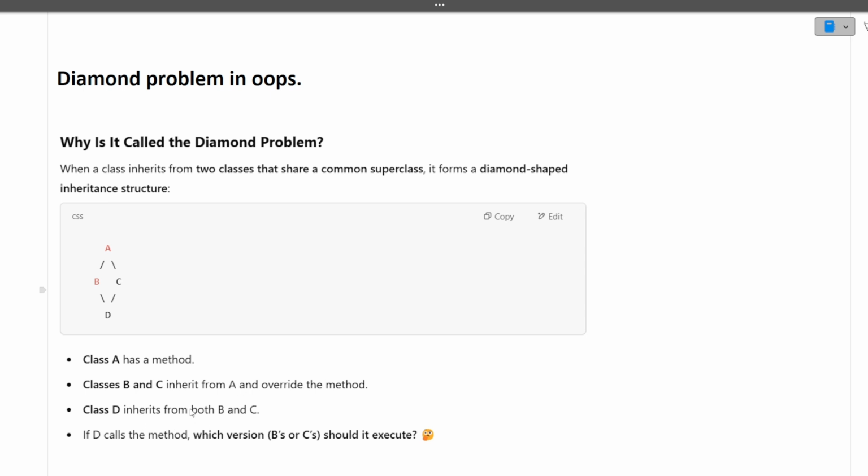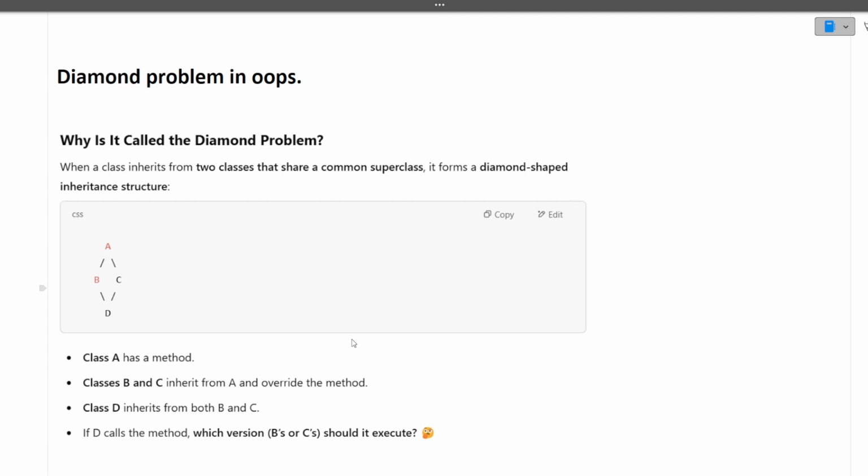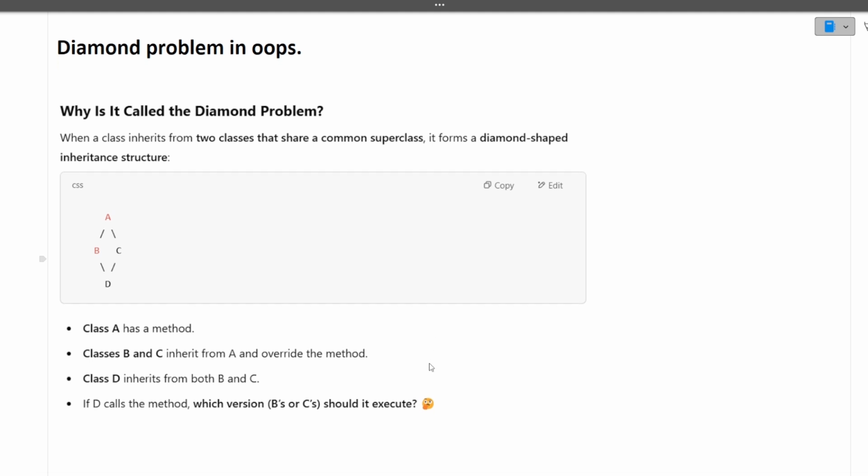Class D inherits from both B and C. If D calls the method, which version, B's or C's, should it execute? This is the diamond problem. Therefore, in Java, multiple inheritance using classes is not possible, but multiple inheritance using interfaces is possible. This is the major reason why multiple inheritance is not there in Java: the diamond problem. I hope this question is also clear to you.